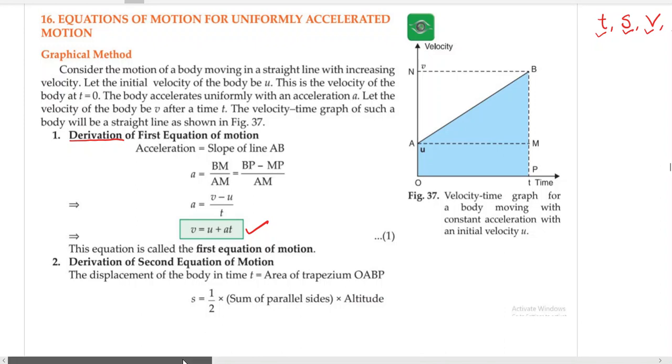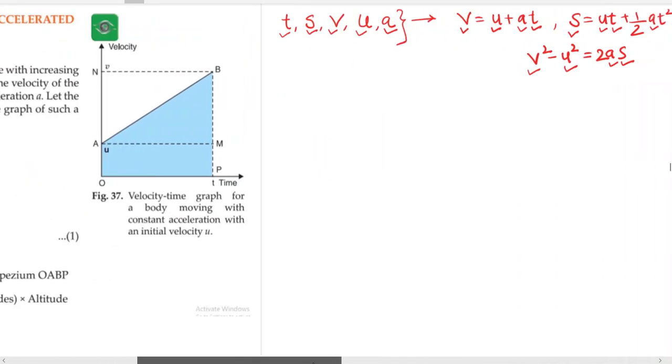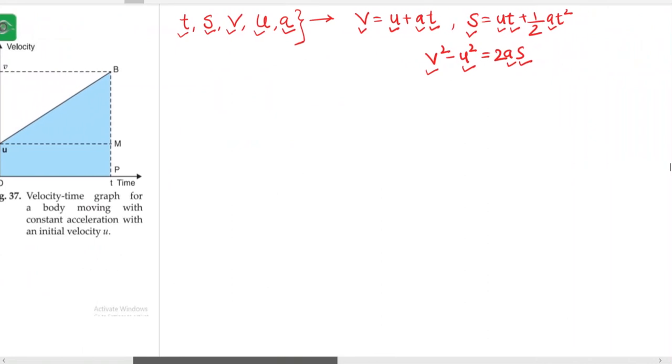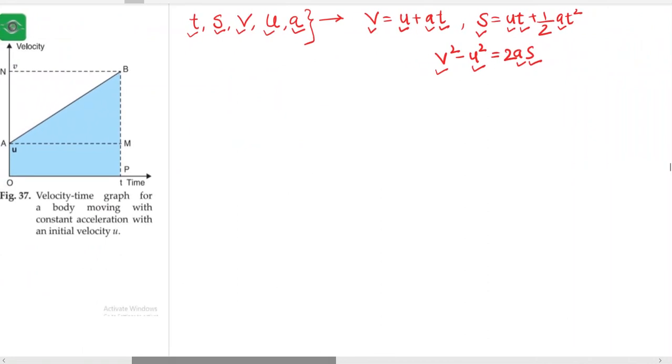So I will not just read the derivation which is given here. I will use this figure on the left side of your screen. You see the graph on the left side of the screen? I will use that graph. I will give you the information and I will derive it with you. So when I am deriving, I want you to note down that derivation after I finish. After I finish, you understand the derivation, and you derive it yourself, right?